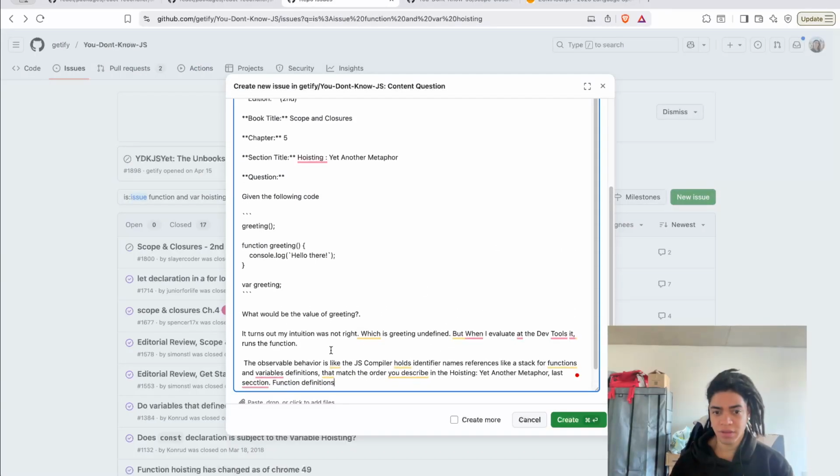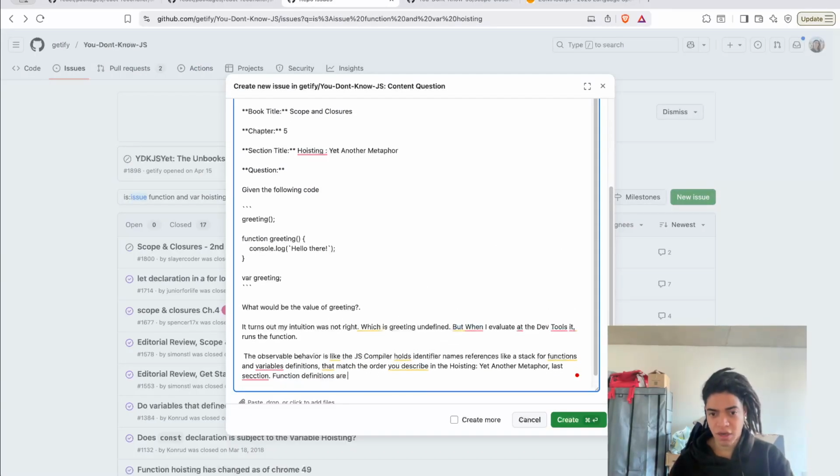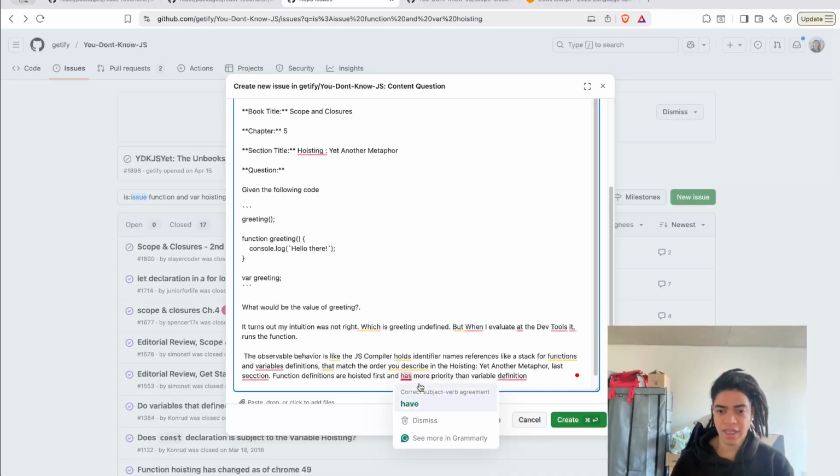So function definitions are hoisted first, and have more priority than variable definitions. Exactly.